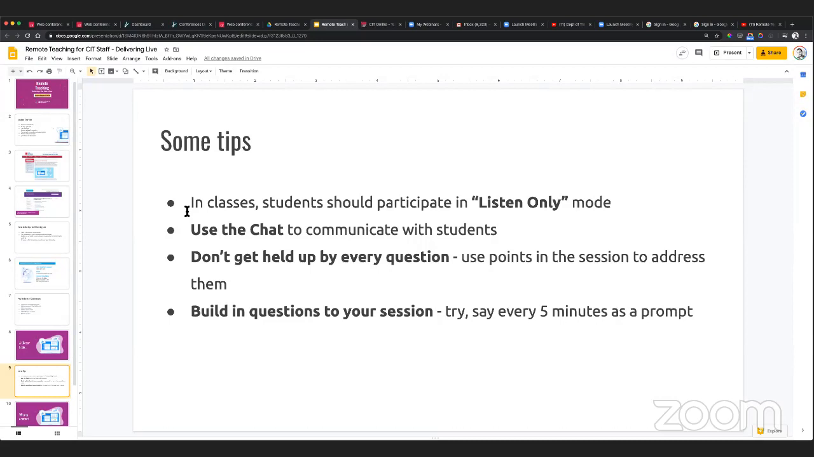Using chat with your students to communicate is quite good. So that's to chat with them and for them to chat with you. Don't get held up by every question. So that's important. I suppose students might